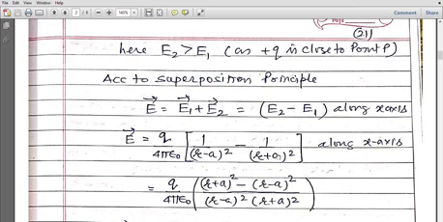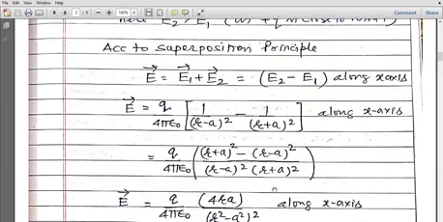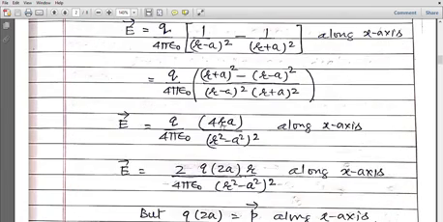E1 को आप पुट करें, E1 E2 को पुट करें and then subtract them, Q upon 4 pi epsilon 0 common. Just take LCM. LCM आप लेंगे r minus a whole square, r plus a whole square. LCM लें r plus a whole square minus r minus a whole square. Open the brackets. You will find numerator as 4ra और r minus a, r plus a को multiply करते हैं, r square minus a square whole square is common. This 4ra मैंने इसको स्प्लिट किया है, 4 को स्प्लिट किया 2 into 2, a यहाँ लिखा है और ये r को मैंने यहाँ लिखा है. And the splitting is just to represent Q into 2a as dipole moment.